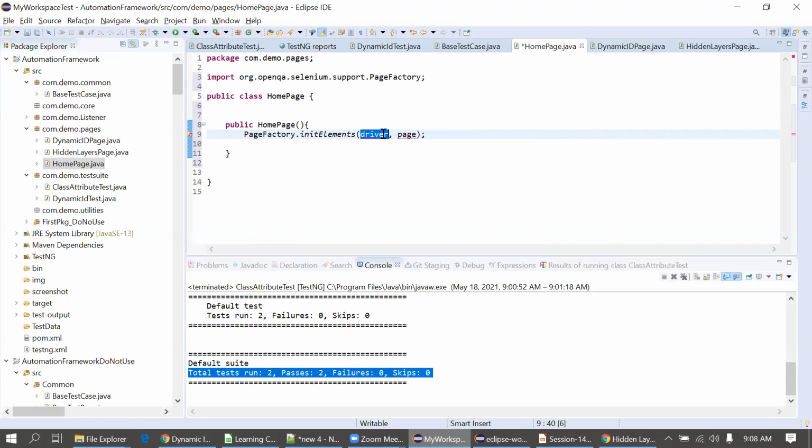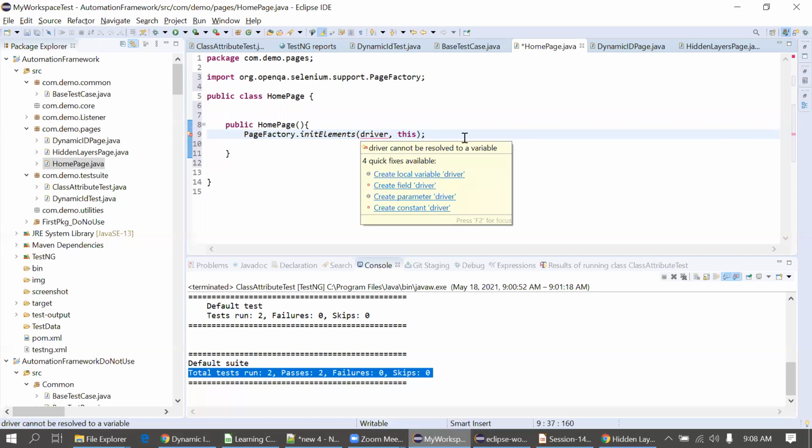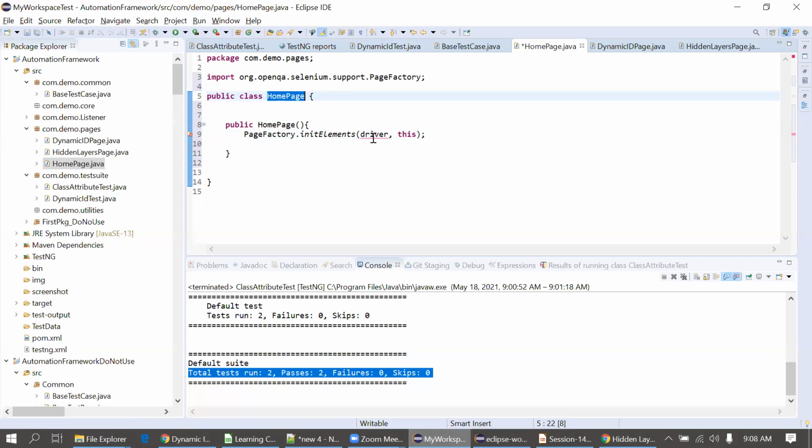Here we need the driver, and here we have to pass the page, that is, the page for which we want to initialize the web elements. I want to initialize only the current page elements, so I will put this, which simply refers to this class, the home page class.